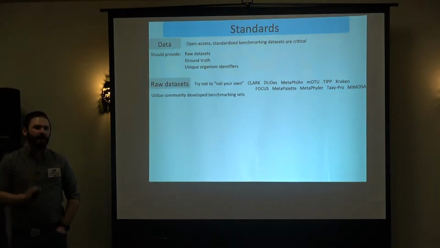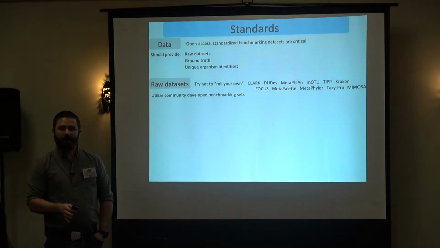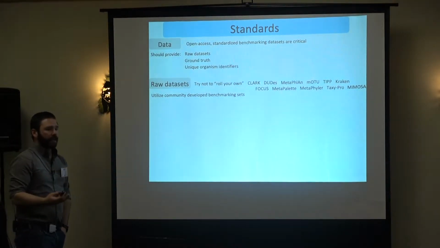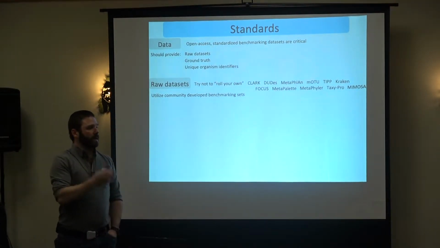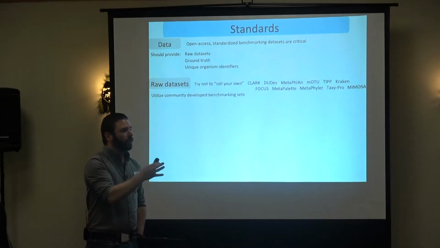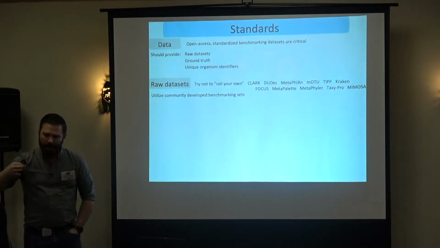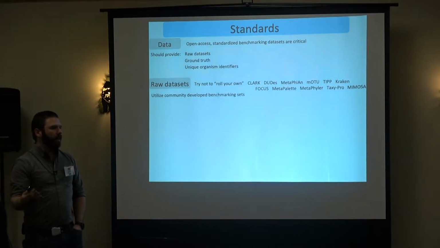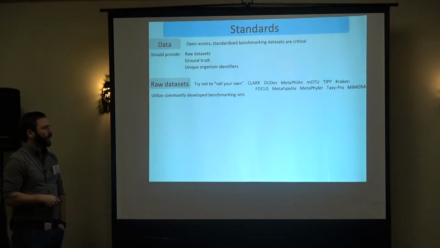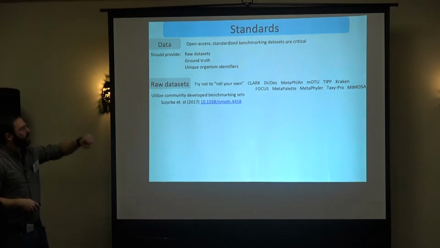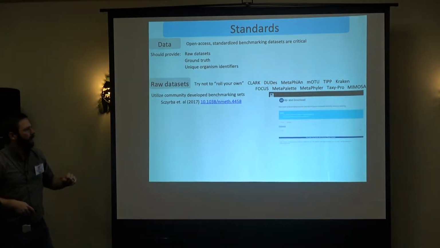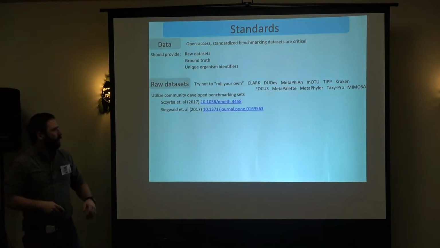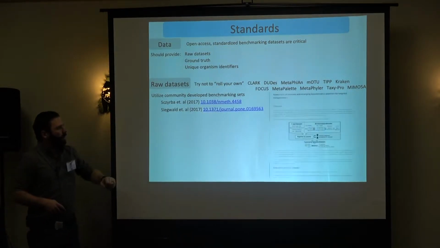Utilize community-developed benchmarking sets. And in metagenomics in particular, there are sets like this. And I'm sure that if you go poking around enough in your particular application area, you'll find ones that are coming up in benchmarking studies pretty regularly or that people utilize frequently. So try to use those things. In metagenomics, there's one Alexander Sczyrba published, so it's open access. You can go and download this thing if you want to, and work by other people as well,